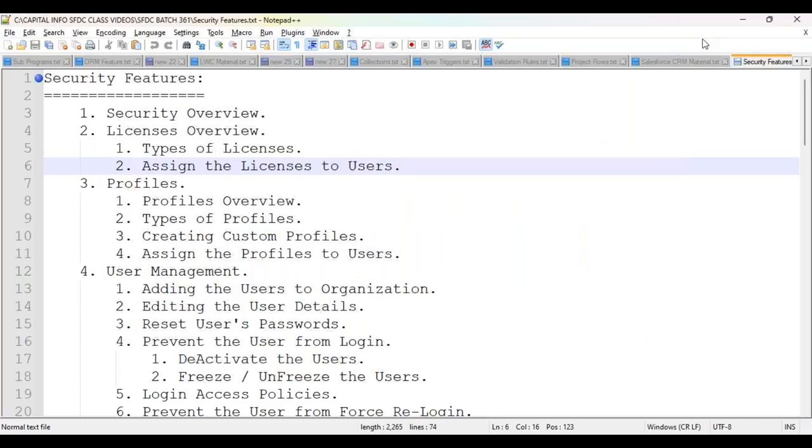Feroz, you said before security, you'll be taking